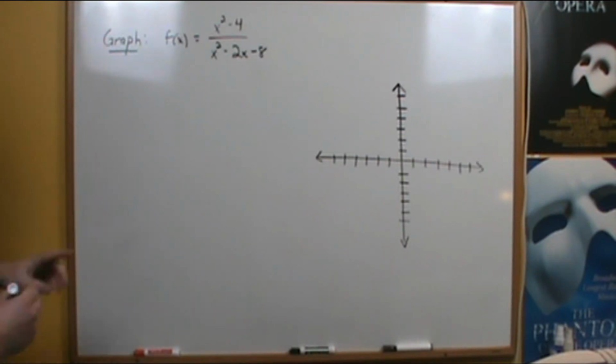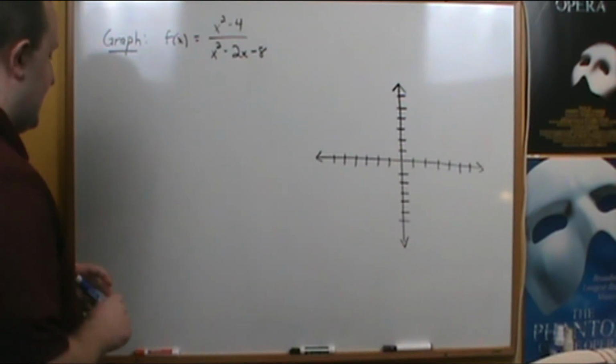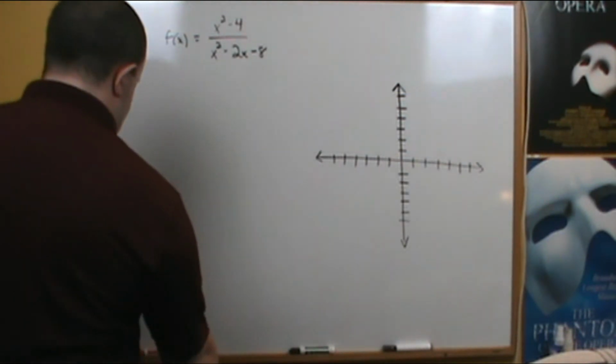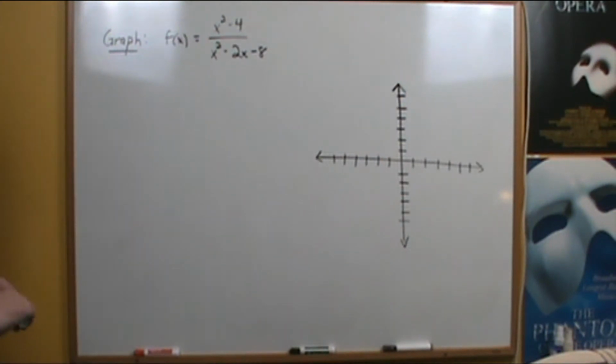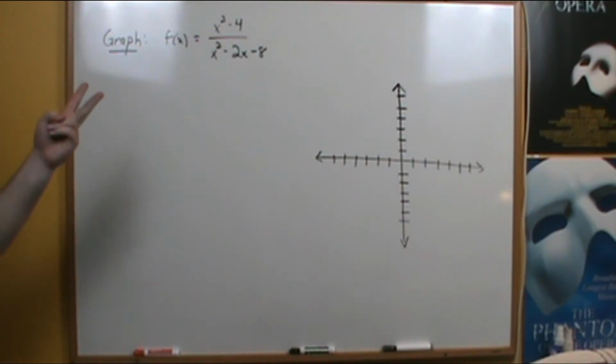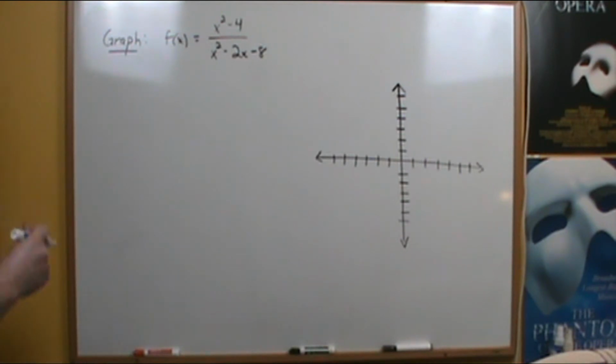So for this function here we have f of x equals x squared minus 4 divided by x squared minus 2x minus 8. This one is going to have both horizontal and vertical asymptotes, and it's also going to have a hole in the graph. So let's look at our